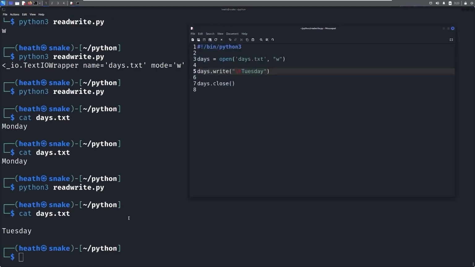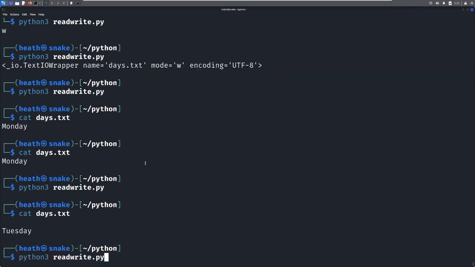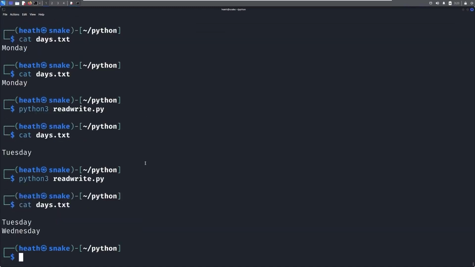So what's happening here is we're actually writing to a file, which is overwriting the file. We're not appending to the file. So if we wanted to append to the file, what we need to do is change this w to an a. And we can come in here and write in Wednesday if we wanted to. Save this, and now run this and run that. And now you can see